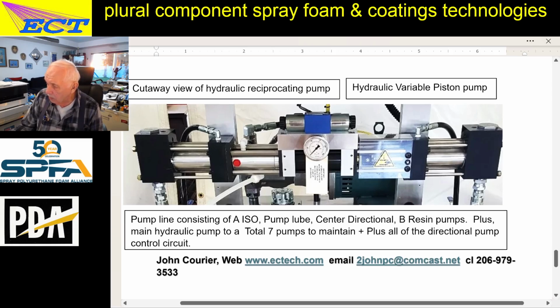Here's your ISO pump, your loop pump, your directional control pump with all the directional control wires, your connection, and your resin pump. Plus in the back you've got your main motor and a hydraulic pump to run the hydraulic oil through all of that. Plus on top of that you have a total of 7 pumps to maintain, plus all the directional pump control